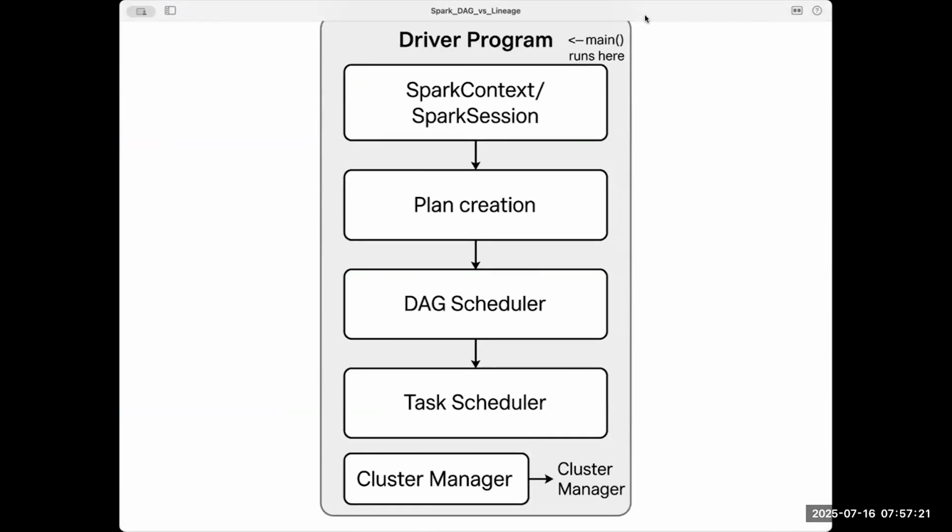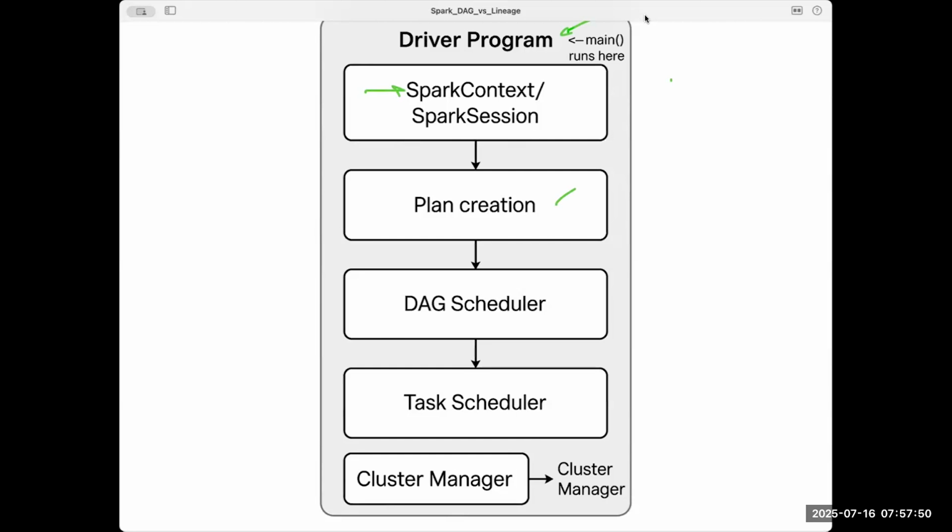Whenever you are submitting any job to Spark, we have already covered this, I'm just going through it again. Whenever you submit to the driver, what will happen? The driver has the Spark context and Spark session, and this will be your entry point. Then you will create a plan out of it. Yesterday we saw the logical plan and the cost-based plan, where you have the unresolved plan, and from that you create the logical plan and so on.